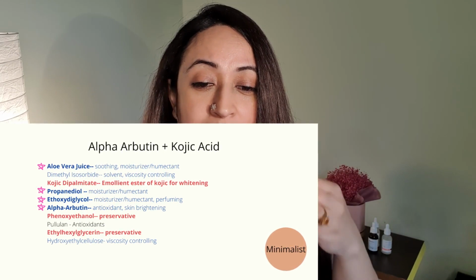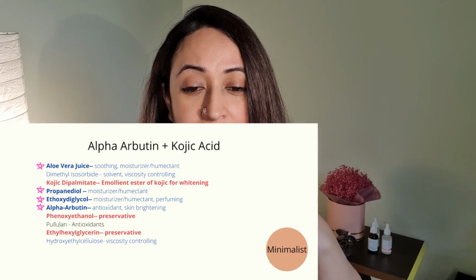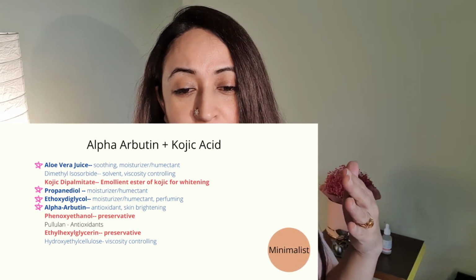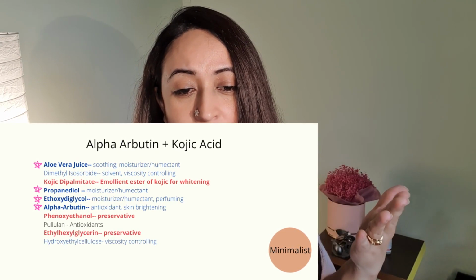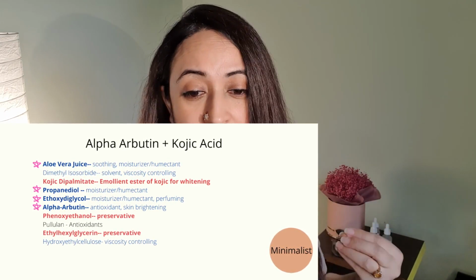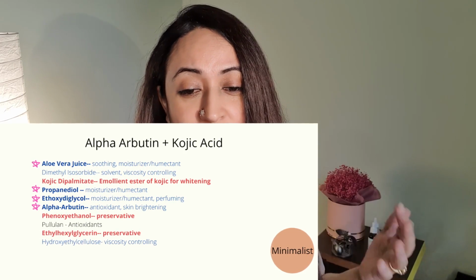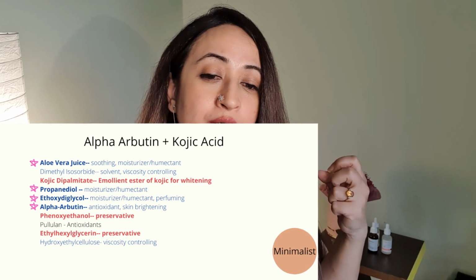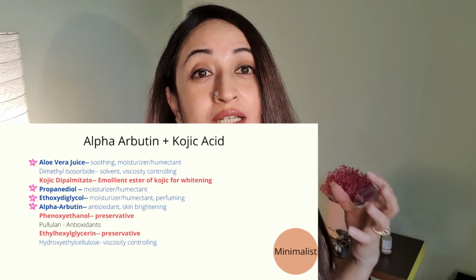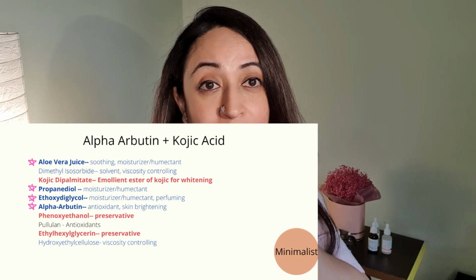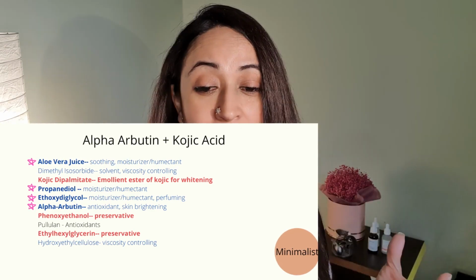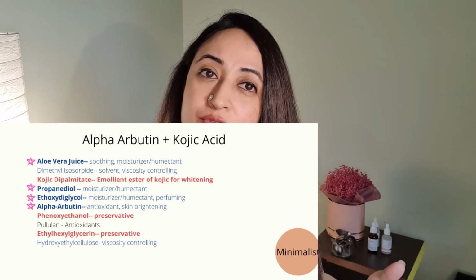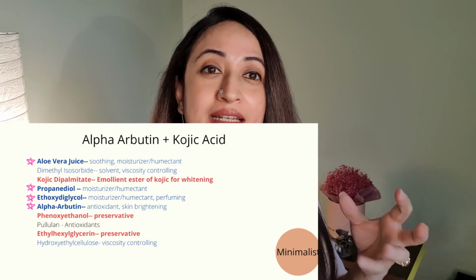And alpha arbutin comes below propanediol and ethoxydiglycol, right? Both of these, propanediol and ethoxydiglycol, are humectants and moisturizers, which is great. And then there is alpha arbutin, which is for skin brightening. So in this particular combination, the formulation is targeted towards acne scars and is more antibacterial and antifungal, which you require when you have acne. So yes, it is going to give you skin brightening, but all of that is definitely going to help you